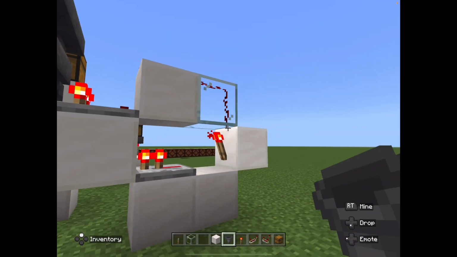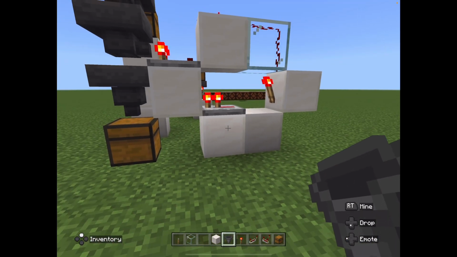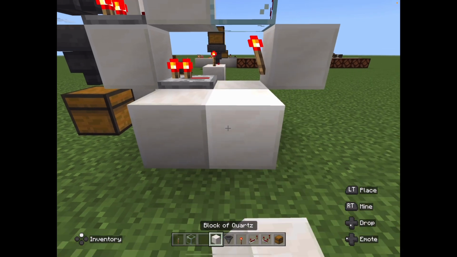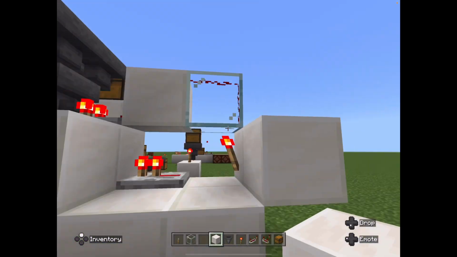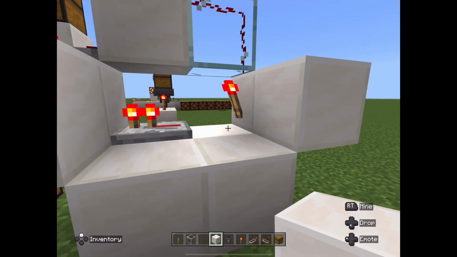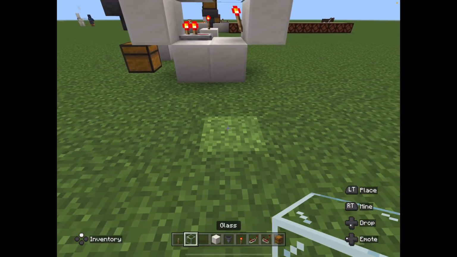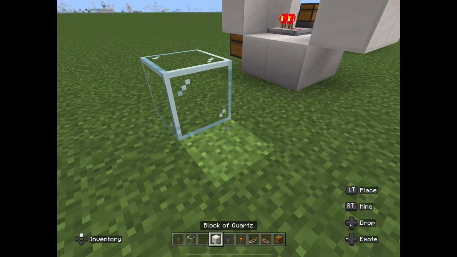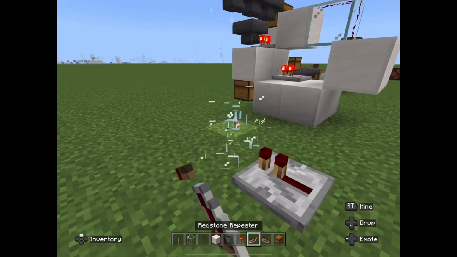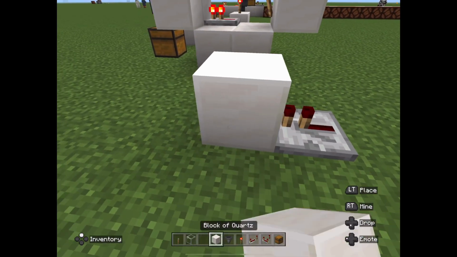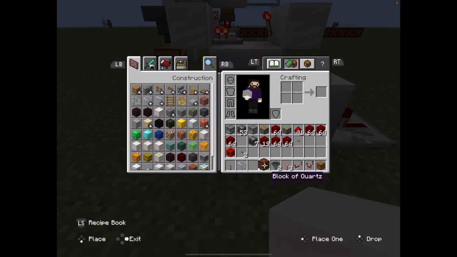So this is the basic unit for the sorter system, and this can be tiled, meaning that you can build multiple of these right next to each other. And this one has to be glass. The reason for that is that glass doesn't actually transmit power. So whereas other blocks can be hard powered, as we looked at before,